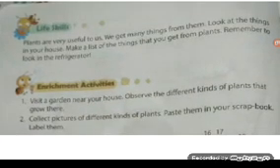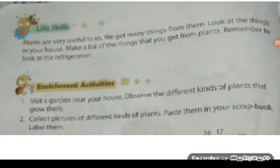Visit a garden near your house. Observe the different kinds of plants that grow there. Now this activity also you cannot do now, children, because we are not able to go out of the house. Your parents are not going to send you, correct? So when are you going to do this? When our school reopens, I will take you to the garden and we will do this activity. Or whenever your parents take you out of the house, you are going to do this activity with them. But not now.